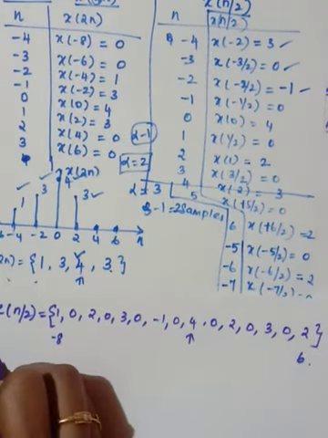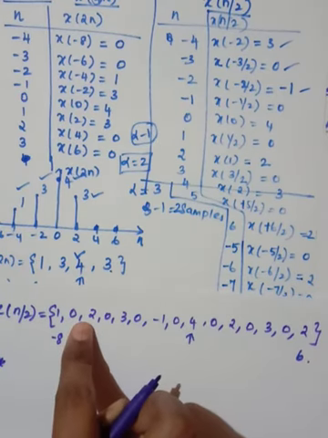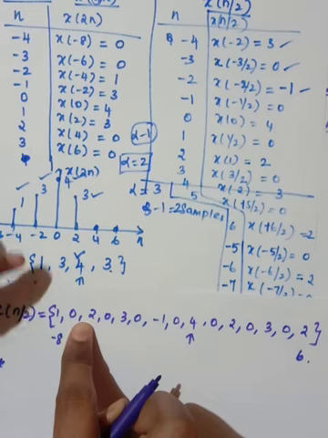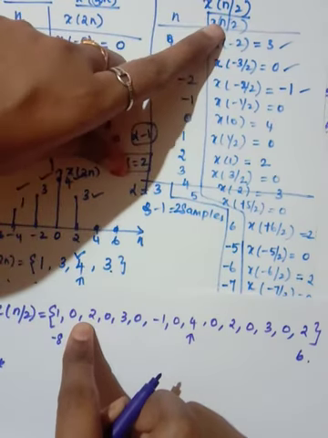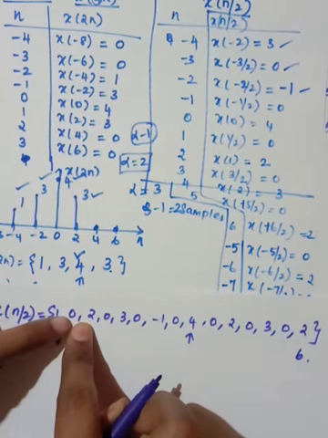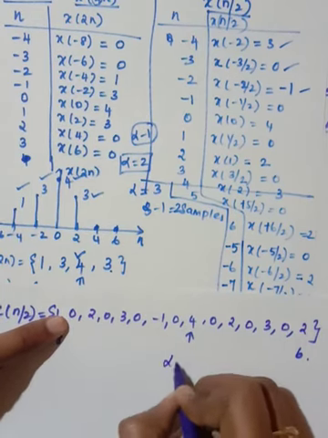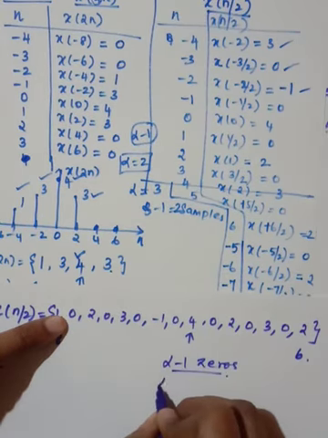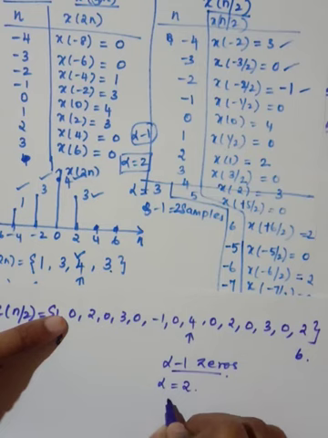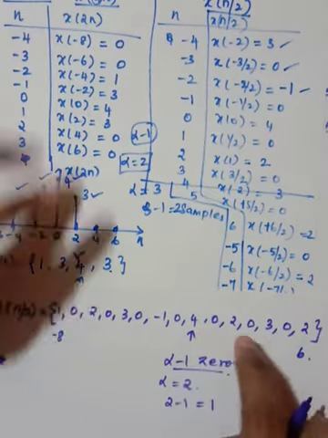Similarly, what you infer from this is that here we have expanded. You know that n by 2 is expansion. How we have expanded is, we have inserted alpha minus 1 zeros in between. Here alpha is equal to 2, so 2 minus 1 is 1. So I have inserted 1 zero in between every sample.